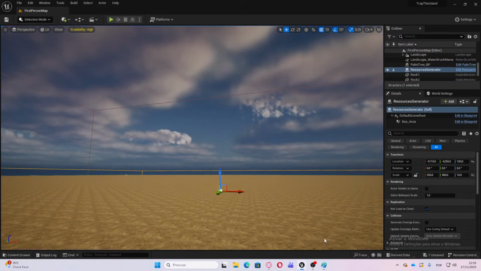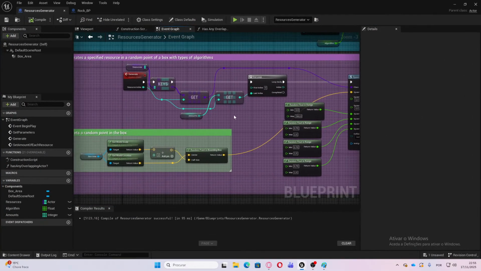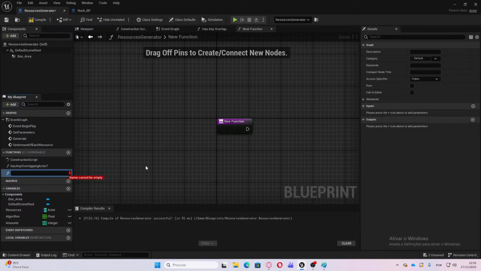So now we have to make a function here. Yes, we have to make a function here which will be called generate random location in